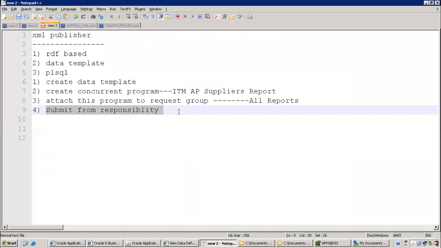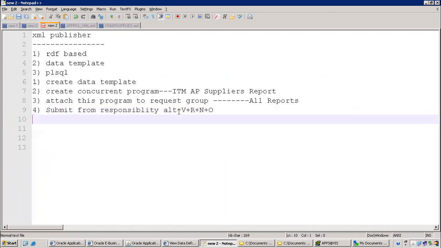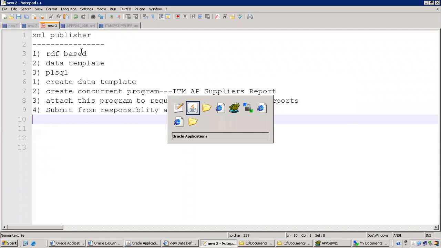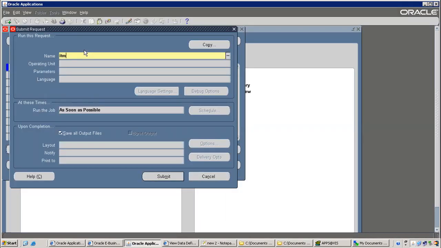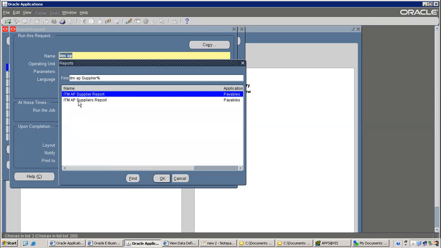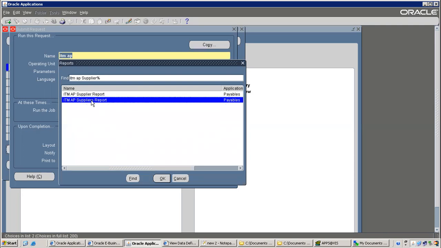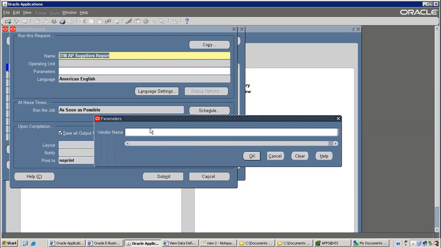That's the shortcut key here, Alt Option V. Now once we submit that, like, I think this is the one. Vendor name, that is